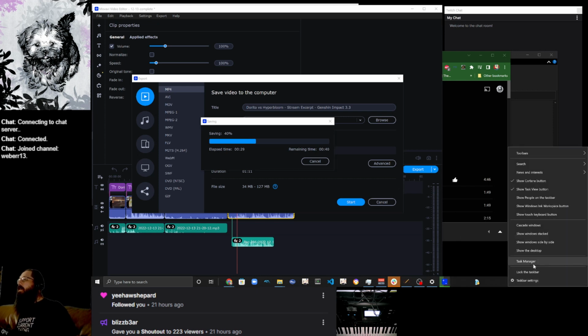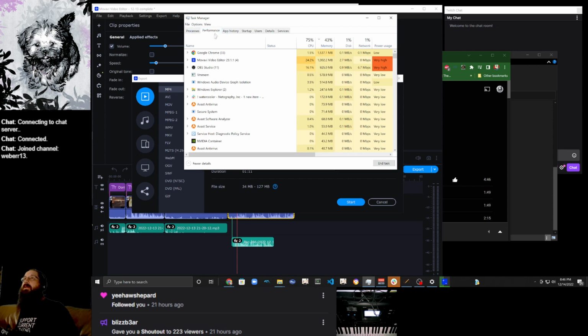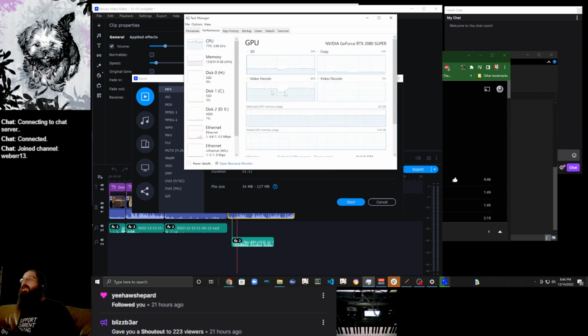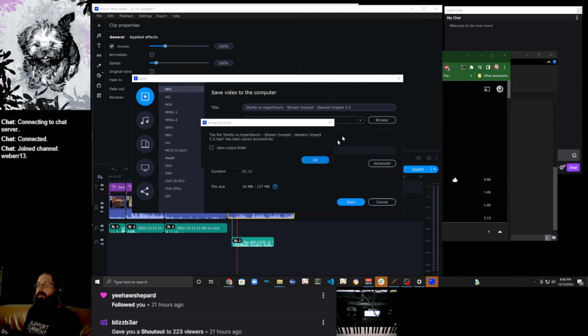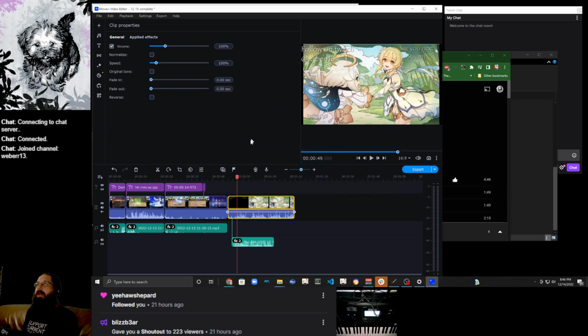I mean, some of it's in the CPU, but if we go into Task Manager, we're still going to see the GPU is doing all the work, right? It's been this way for 10 years. Just now we actually have decent hardware to do that. It might be using the CPU for some of the audio stuff, and honestly, the more audio tracks, the slower it seems to be. Video encoding seems to be basically free, but not free, it's like 10x. You get a 10-minute video in 2 minutes. The more audio you add, the slower this process gets, most likely because they're doing the audio re-encode